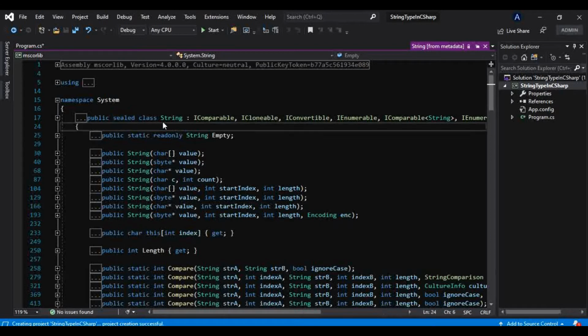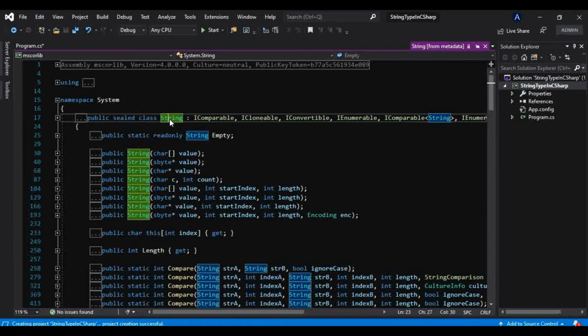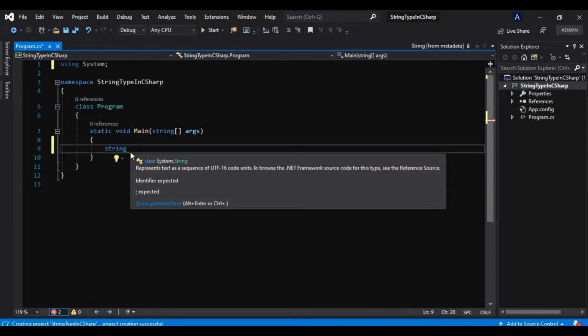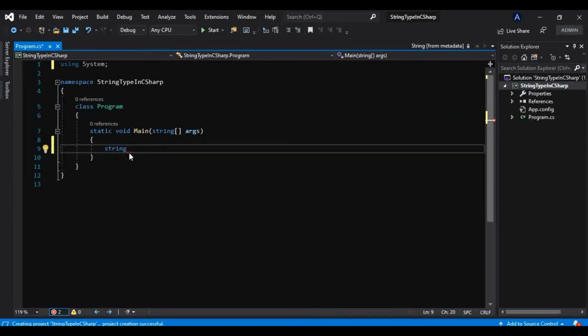So these are not user definable types as well. We have spoken about this also. These are built-in types as well as reference types. We cannot define strings in C Sharp. We have already discussed everything in a previous video. If you are seeing this for the first time, just check out that video first, so you will understand better what built-in types in C Sharp are. So coming back to the string type in C Sharp.